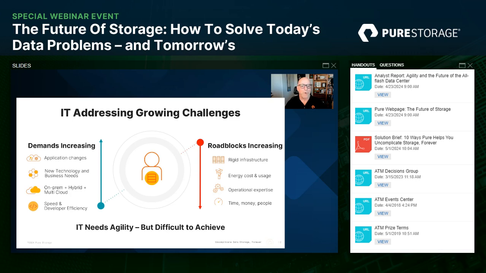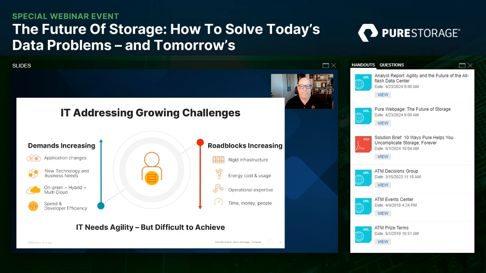There's going to be some workloads and data that absolutely make sense to have up in the public cloud. There's other things that you're going to want to keep on-prem for a variety of reasons. It could be security, it could be latency issues, all sorts of different things. And speaking of latency, speed and performance and developer efficiency, all these things come into play as things that are basically just increasing the demands on you.